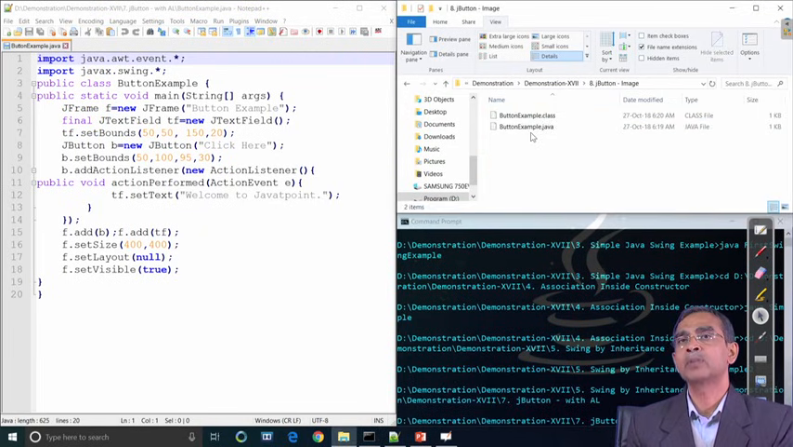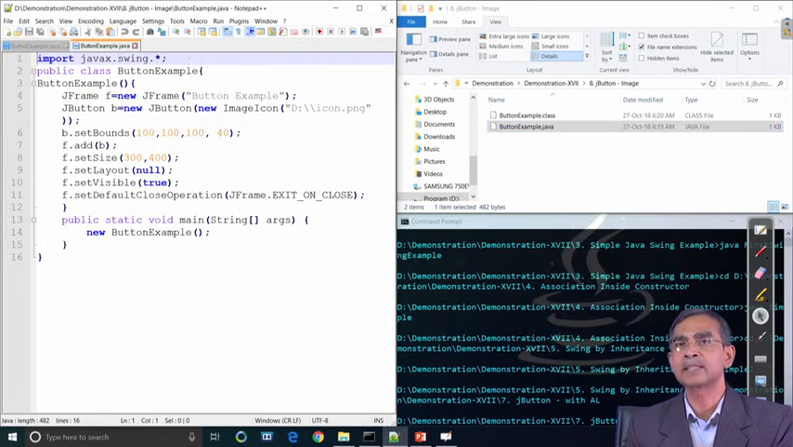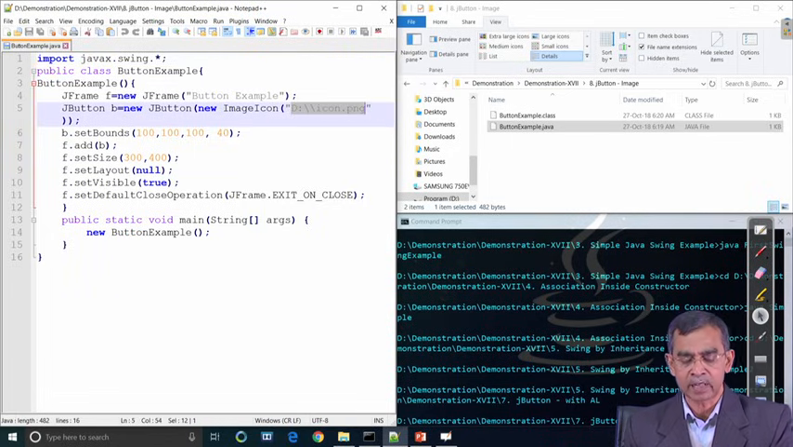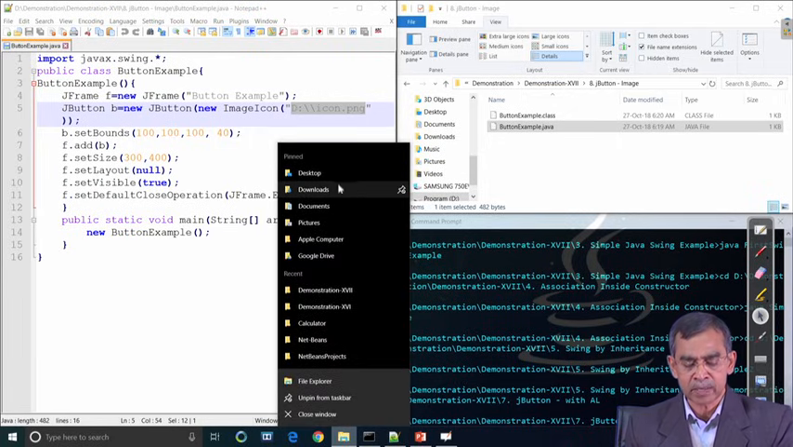So, there is one good point here. So far as the Java Swing button is concerned, we can add an image on the button. This is the code. Instead of setting the label, you simply add an icon of the image type there. So, we have created a JButton b and then we create